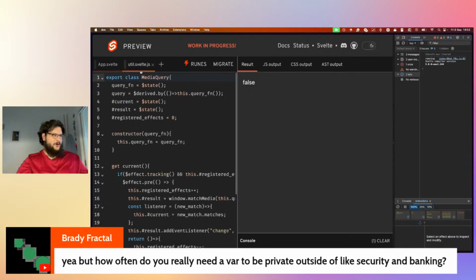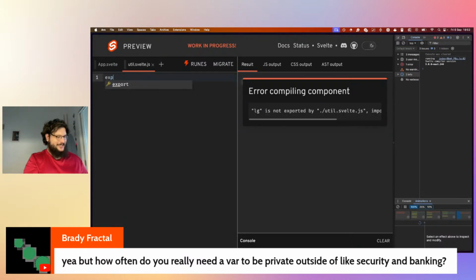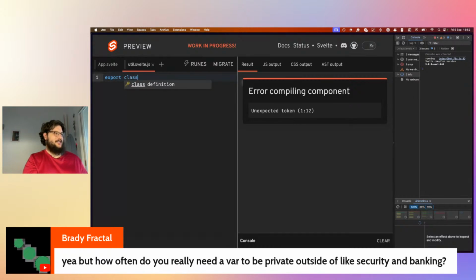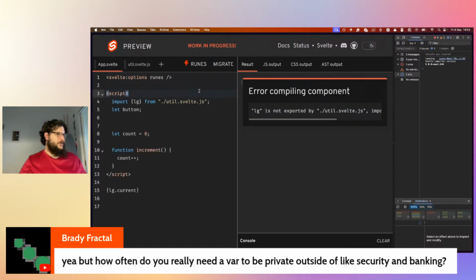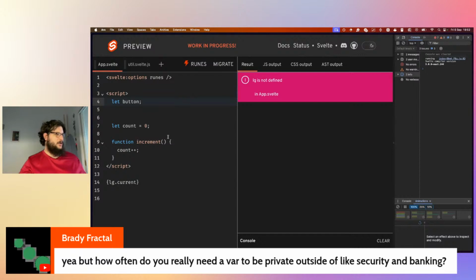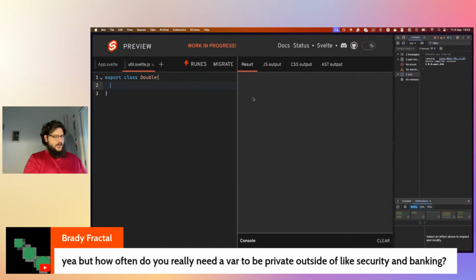So let's say, for example, that you want to make sure, let me delete this monstrosity. Let's make another example. So class, I don't know, Double, right? Let's say that you have the original count. Let me remove this import from here so that we don't get the error. And obviously LG is not defined. I just want to show you. So let's say that you have this Double class because you want to take a number and multiply it by 2,